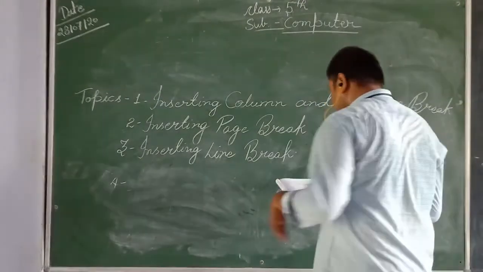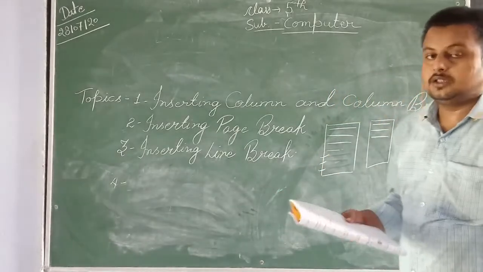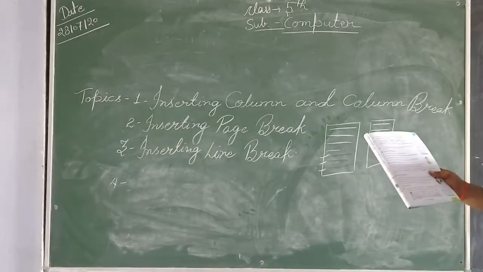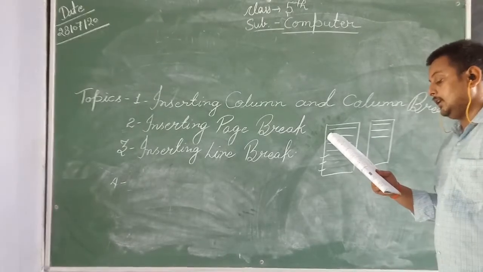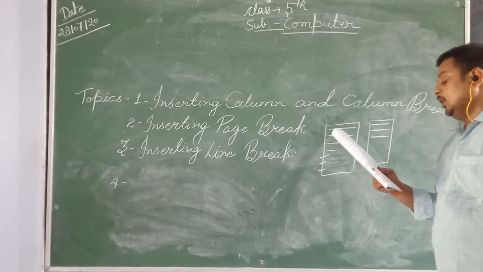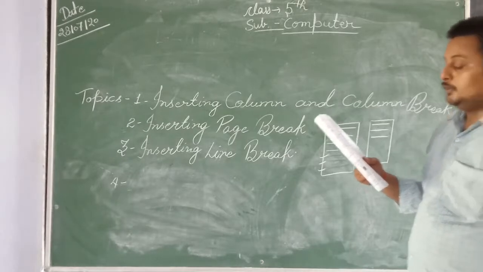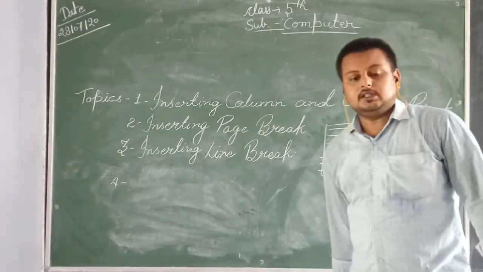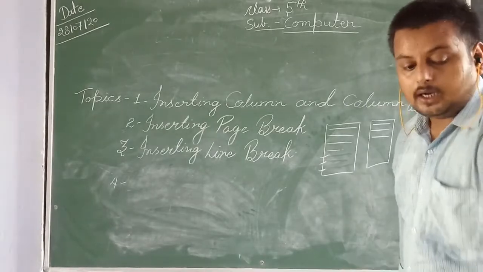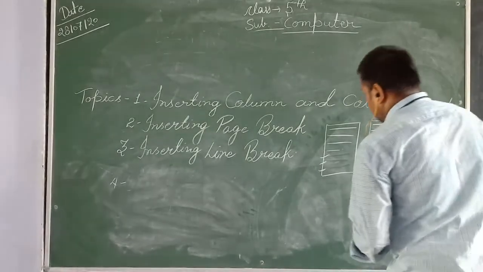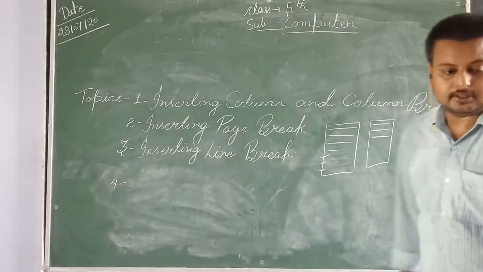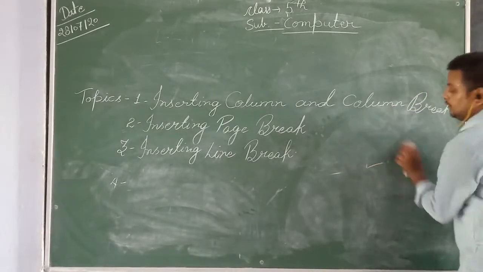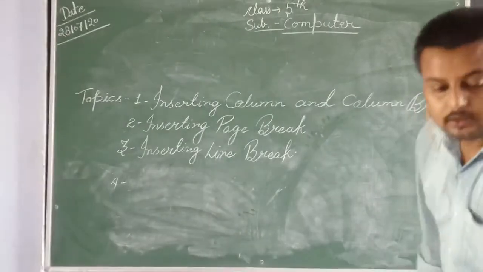Now inserting the line break option means to change the paragraph of that particular document. So in this option, a line break can be placed anywhere in the Word document. Place the cursor at the position where you want to add the line break and press the Enter key. Okay, means it will simply give a next paragraph. Okay, suppose you are typing, wait, I have to erase this, so that after that you can understand very well.